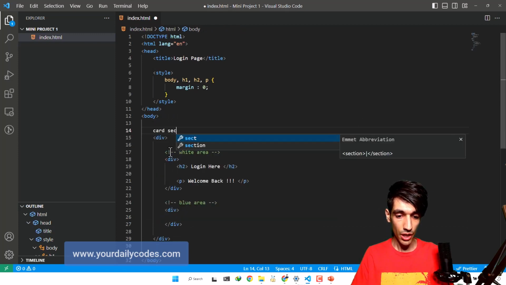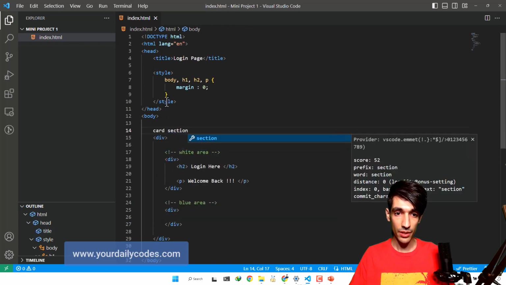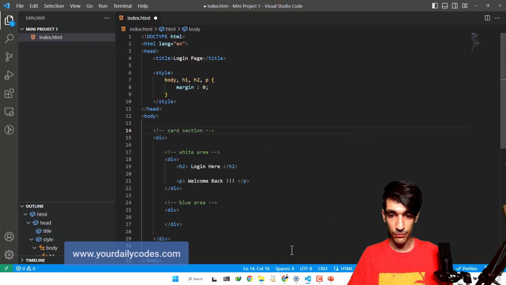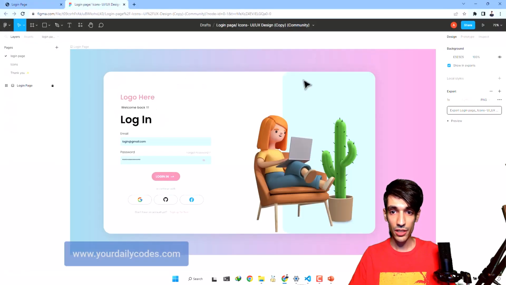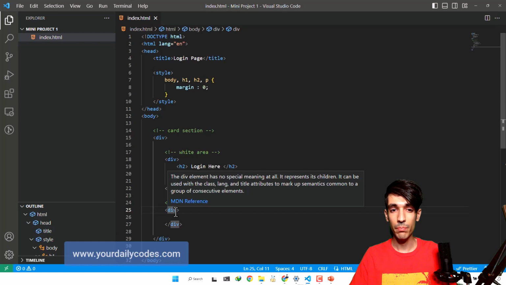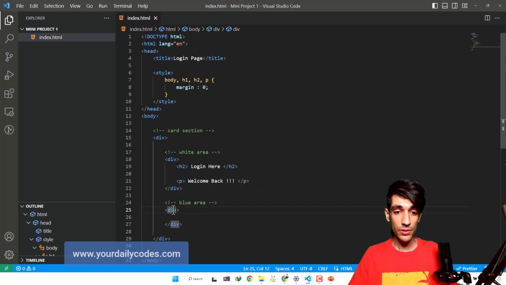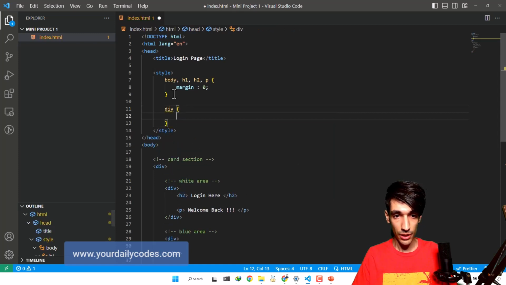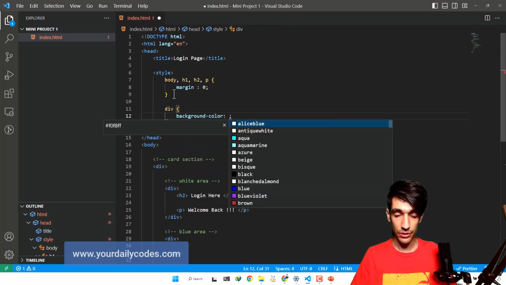Card section. I call it card because it's really common to call these fragments a card, because take a look at this. It kind of looks like a card, and this card is very often used in the programming world. So let's get back to our codes. First of all, let's get back to here. We said that we have a property called background color, okay? And we want to select this tag and say that we want to have a blue color for this, okay? So I can go ahead and say div, okay, background color, for example, blue.